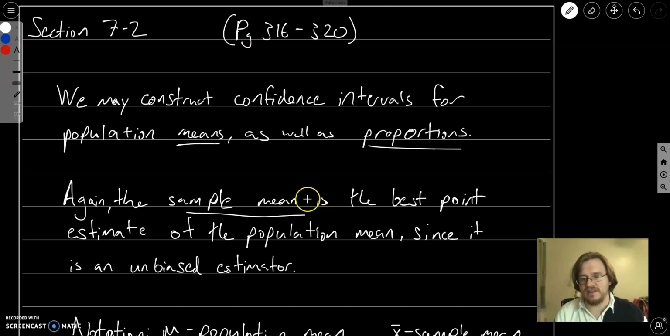Now, giving one exact value is maybe a bit misleading, so maybe it's a little bit better, like we saw in the last section, to give a range of values, and we'll give a confidence interval, a range of values that we are quite confident will contain the actual population mean. Essentially, we're just going to be constructing these intervals today,